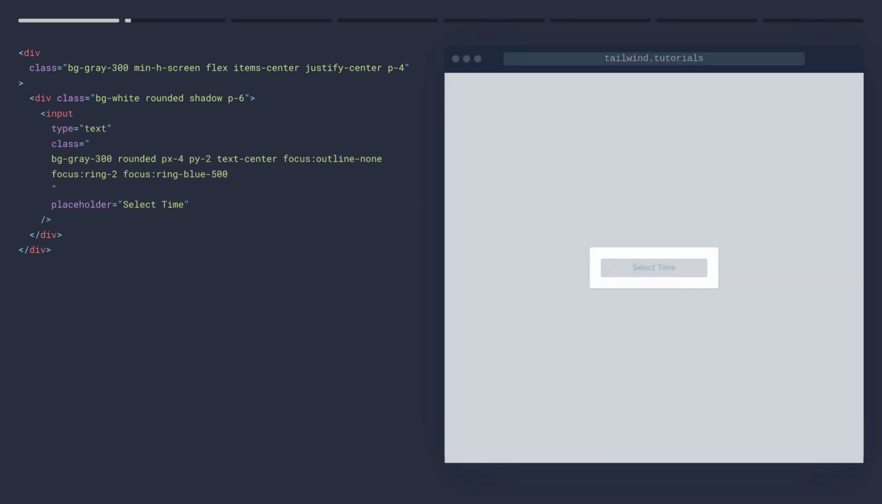Now let's add an input element for our time picker. We use bg-gray-300 for the background, rounded for rounded corners, and px-4 py-2 for padding. The text-center class centers the placeholder text. We add focus styles with focus:outline-none, focus:ring-2, and focus:ring-blue-500 to highlight the input